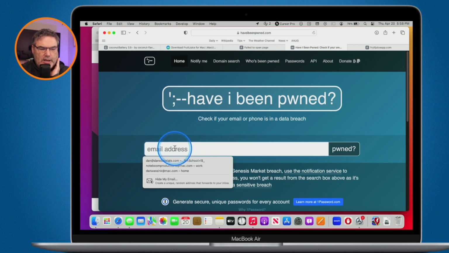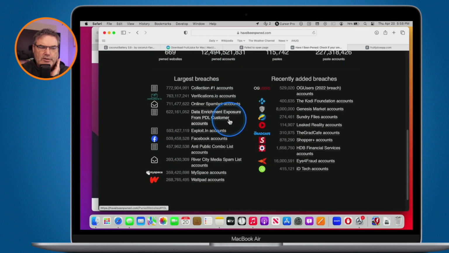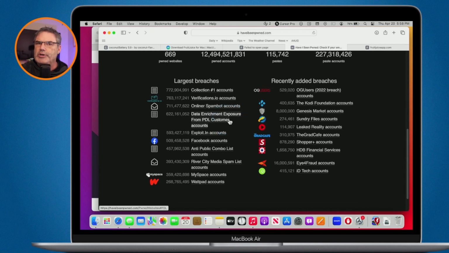Basically, you can type in your email address here, and it'll tell you wherever that email address has been in a breach. This could be passwords or whatever. The idea is that if that password or account has been breached, you want to make sure none of your other accounts are using that same password, because that's basically what they're doing. A lot of people use the same username and password on multiple accounts. So if I know your username and password for this account, I might be able to get into all of your other accounts as well. That's why they recommend different passwords.